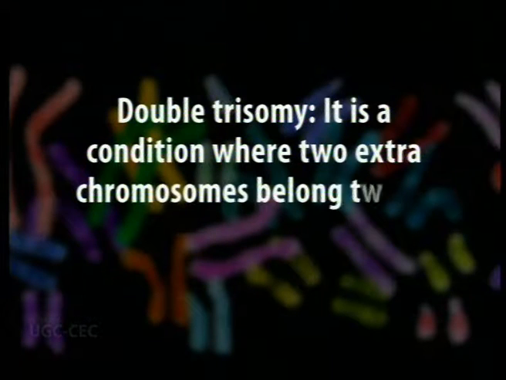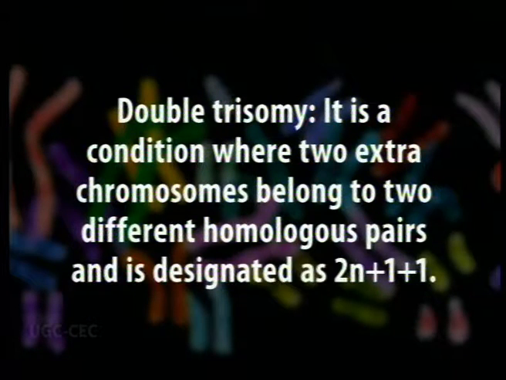Now, there are certain other types of aneuploid situations also. For example, we have double monosomy condition, where in an individual 2 different chromosomes from 2 different homologous pairs are missing, and such an individual is designated by 2n-1-1 condition. Or we have a double trisomy, where 2 different chromosome pairs have an extra chromosome and is designated